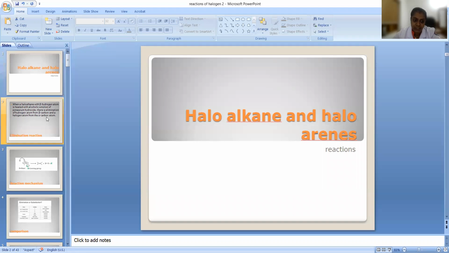We were learning about the substitution reaction and its mechanism, right? Today we are going to learn other reactions of haloalkanes. We already learned that three types of reactions are there. One is the substitution reaction that we have learned already. Now we have the elimination reaction and the reaction with metals. Let us see what they are. So first, let us see the elimination reaction.